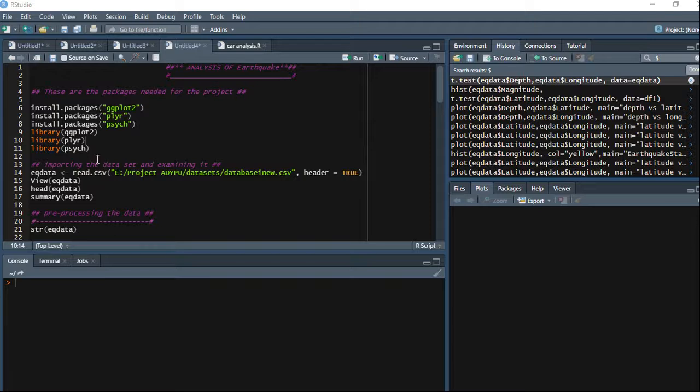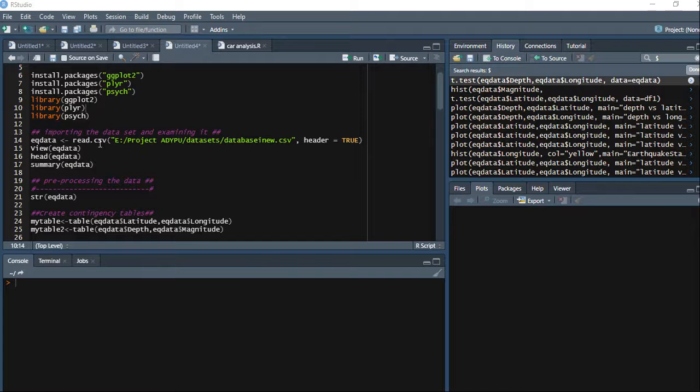So the next package is psych. Let us have a look at what psych is. The psych package is a package for personality, psychometric and psychological research. It has been developed to include the functions mostly used for personality and psychological research. Some of the functions are, for example, read file, read clipboard, describe, pairs panels, error bars, etc. Here we have called the libraries ggplot2, plyr and psych.